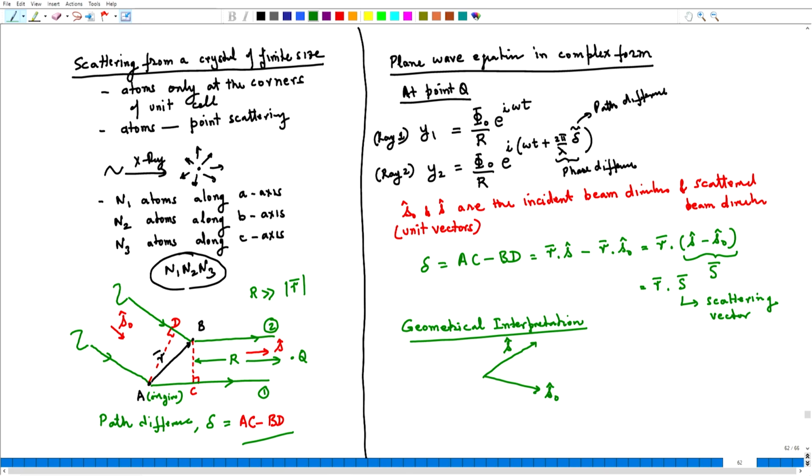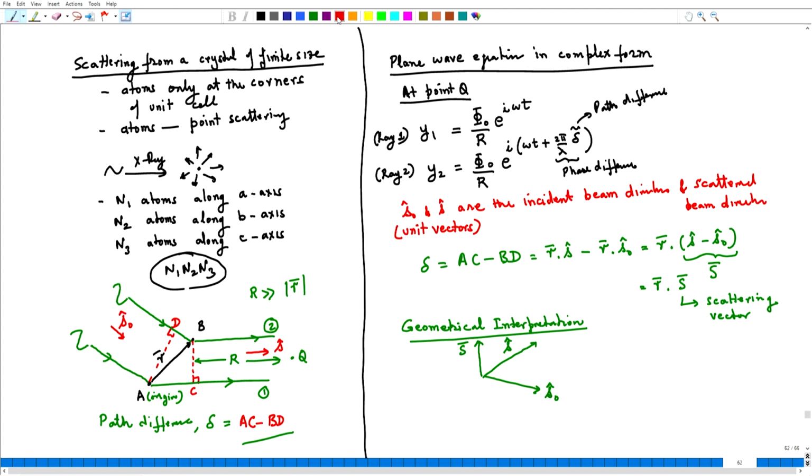Then very clearly the scattering vector S is the difference of these two vectors. So, this will turn out to be a vector in this direction,